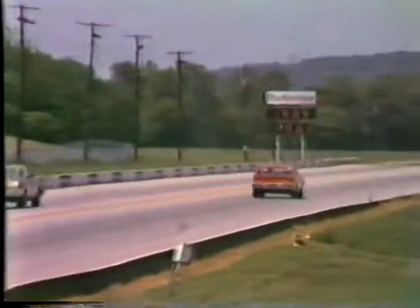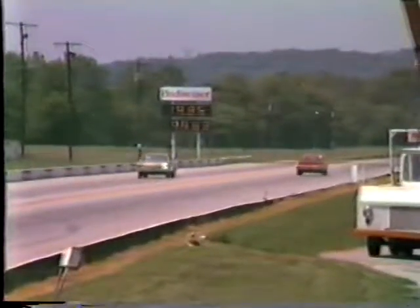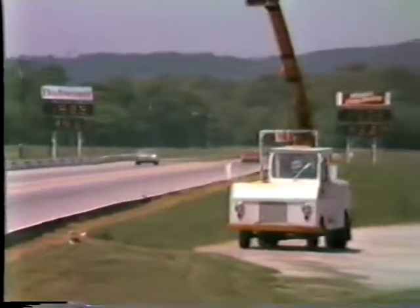Racers and spectators, the red light loses. We're running heads up, Supercar versus Supercar, Buick on the line versus the Pontiac GTO Judge. Let's stage him up. And the GTO Judge in the right-hand